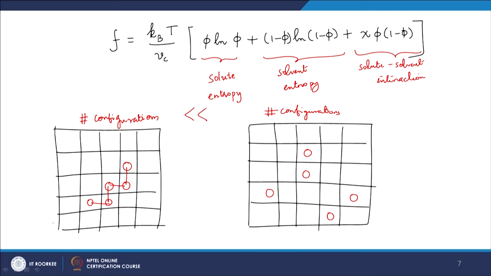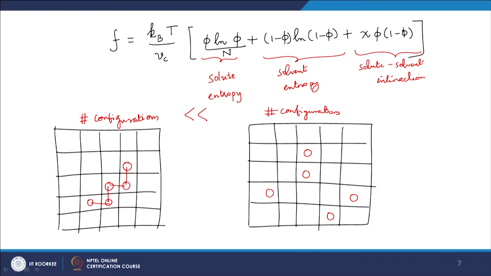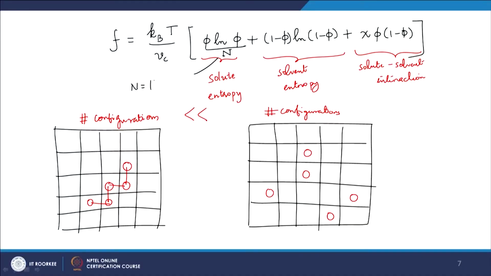So, what it turns out then is, if I want to go from this model, a liquid solution model, to a polymer solution model, all I have to do is simply divide the first term by n, because the polymer entropy is very reduced, very less compared to the solvent entropy, where n is the number of segments